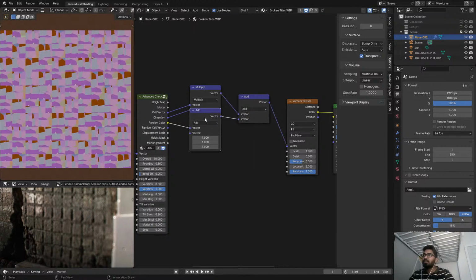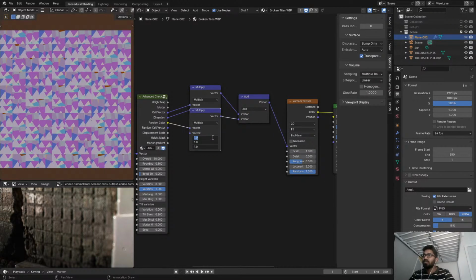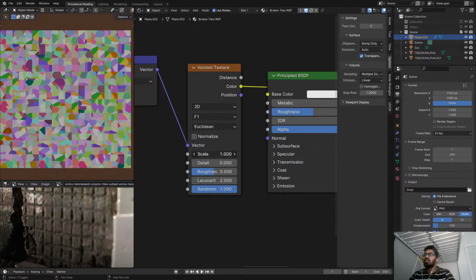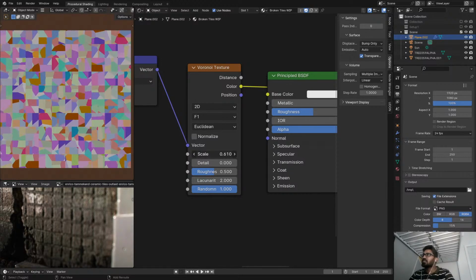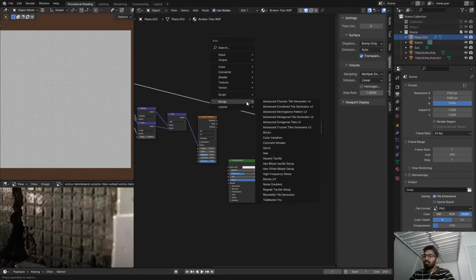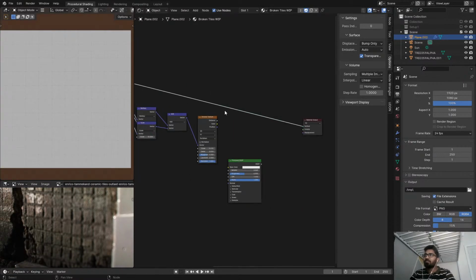And let's multiply this with, I don't know, 20. Let's scale this instead by 10 for now because I want some randomness. And let's decrease the scale so that every tile looks like that. Yeah. So my idea is to take the height map and